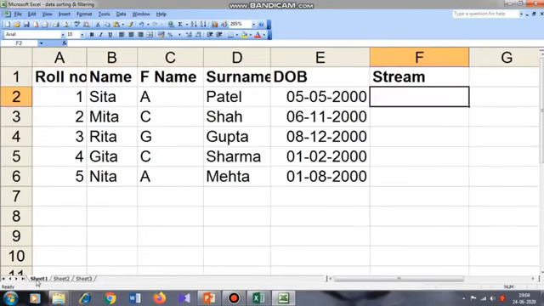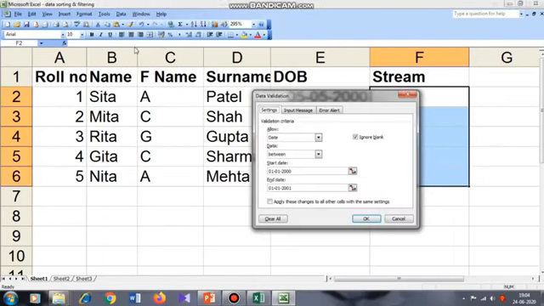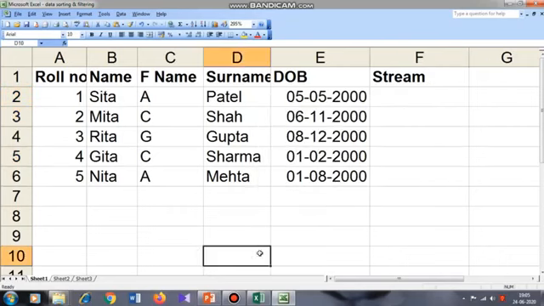Now I come to sheet 1. Here I select these things and data, validation. First I make it any value. Since I had copy pasted this thing, it was showing me date. Now I make it list. Now in list I will type here equal to stream, that is the name of that cell range, and OK. Now you can